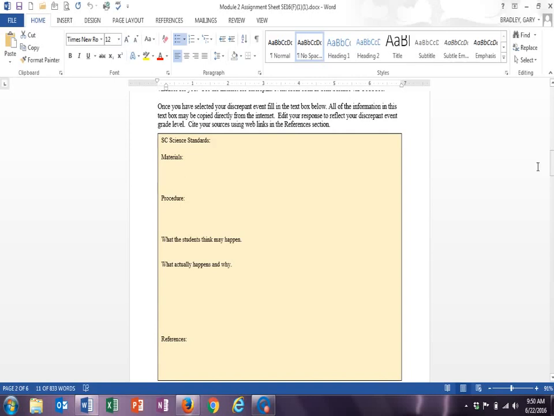Do put the science standards, the materials, the procedures, what your students think might happen. They may think nothing might happen. It's just going to lay there, sit there, and the cool part,